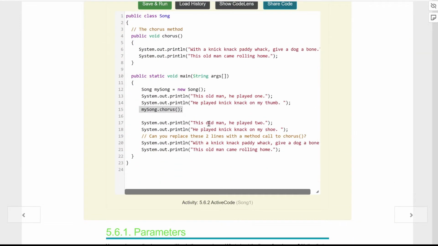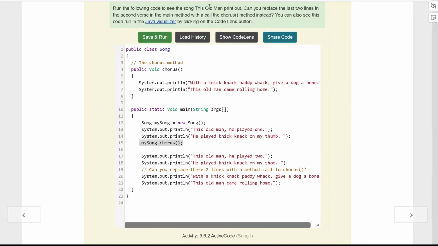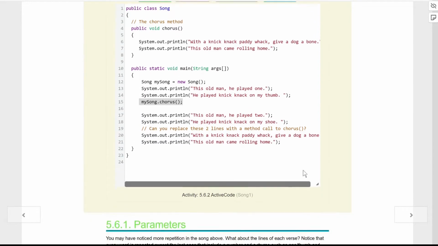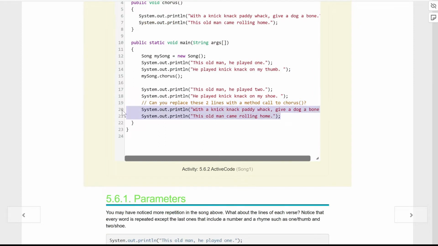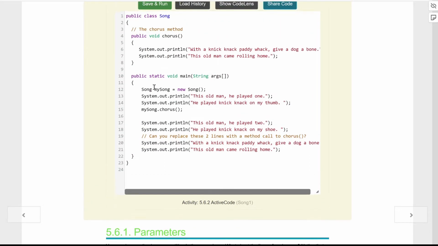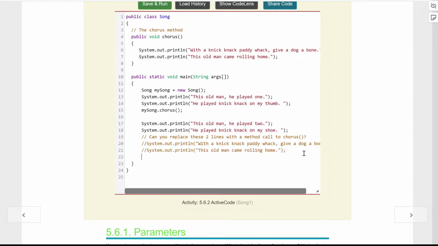Then we come down here. We're printing off 2, played it with a shoe. And then the thing says, can we replace the last 2 lines, which are these 2 lines right here, kids? And we can, because we see how it did it here, just calling up to chorus. So I think, well, kids, let's just comment this out, and come down here, and if we do my song.chorus,